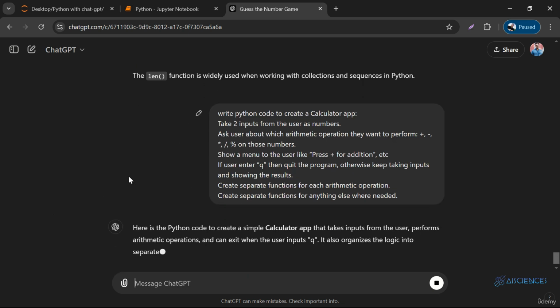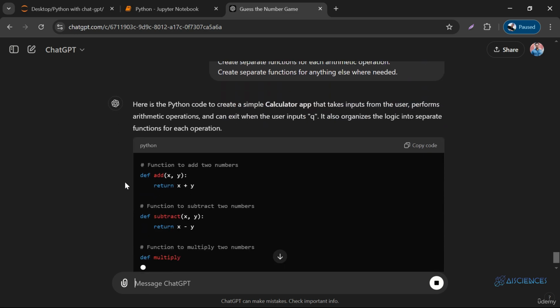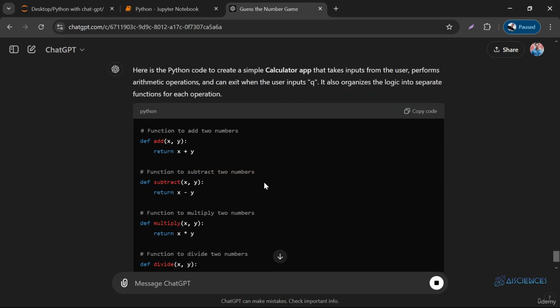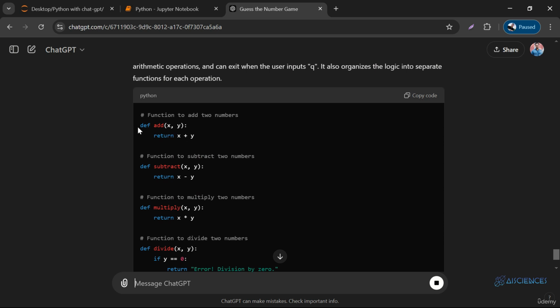So here is the Python code to create calculator app. First of all, it is starting off from creating the utility functions, where it has created a function to add two numbers. So it is receiving two numbers as x and y, and those numbers are being returned. By the way, we were storing the result of the expression in a variable called result, and then we used to return the result. This is another way. You can do it directly as well. You can directly return the expression. So what will happen? This expression will be evaluated, and wherever this function call is there, this expression will be